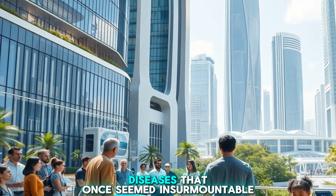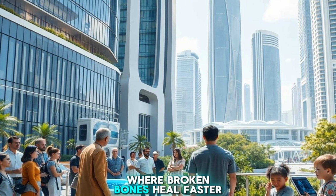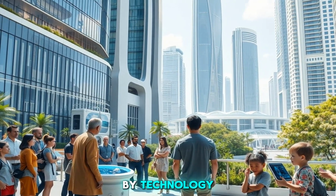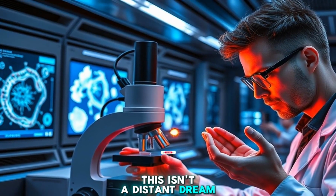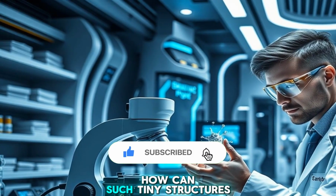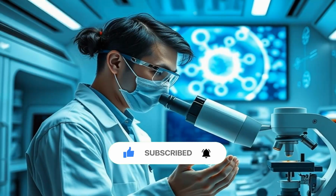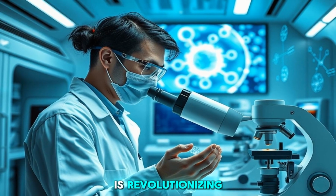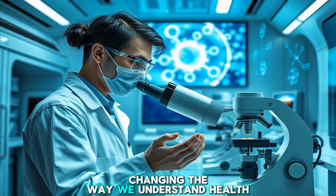Imagine a world where diseases that once seemed insurmountable are now easily treated, where broken bones heal faster than ever, and where human lives are transformed by technology that works at the molecular level. This isn't a distant dream, it's the reality shaped by nanotechnology. How can such tiny structures hold the keys to monumental advancements in medicine? Stick around, and you'll uncover how nanotechnology is revolutionizing the future of biomedical innovations, changing the way we understand health